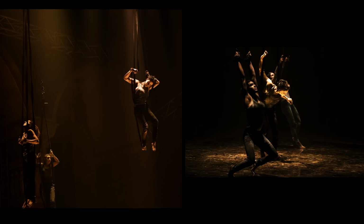I just decided to show you guys a couple of shots to show you that the X-T2 is not a slouch at all. This is shot with the 50-140, f2.8 the whole time, done in a show that was ridiculously dark. But what I do find great about these two shots is they really push forth the idea of shadows and highlights, the differences, the dynamic range. These images to me are great, and they really show the quality of the X-T2 when you go out and shoot. So I believe that the X-T2 is not a slouch